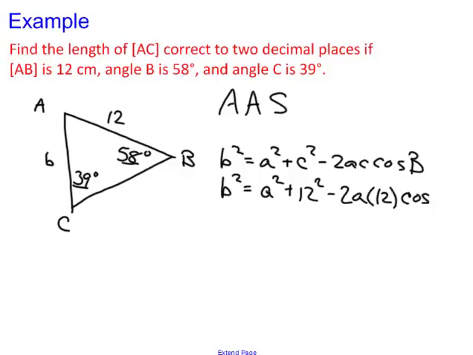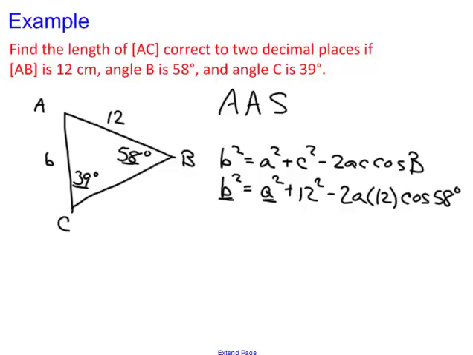And I don't know, I do know it's angle B. The problem though is at this point we have two variables in our equation. I can't solve one equation with two variables. No matter which form of the law of cosines, or the cosine rule, that we use, we're always going to end up with two variables. So in this case, this angle-side condition, we can't use the law of cosines,